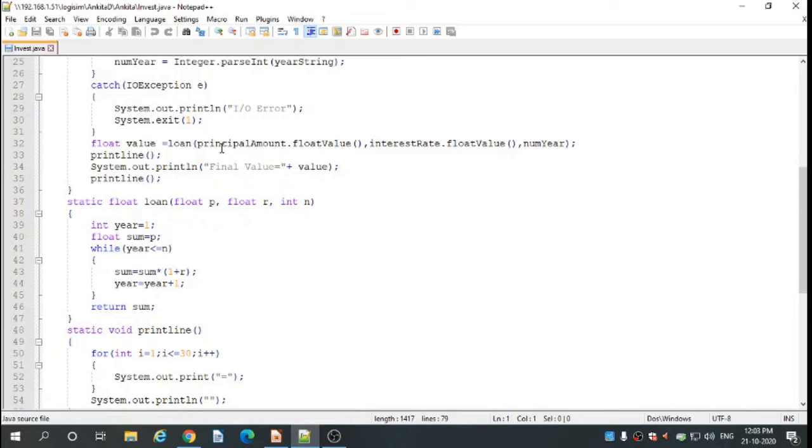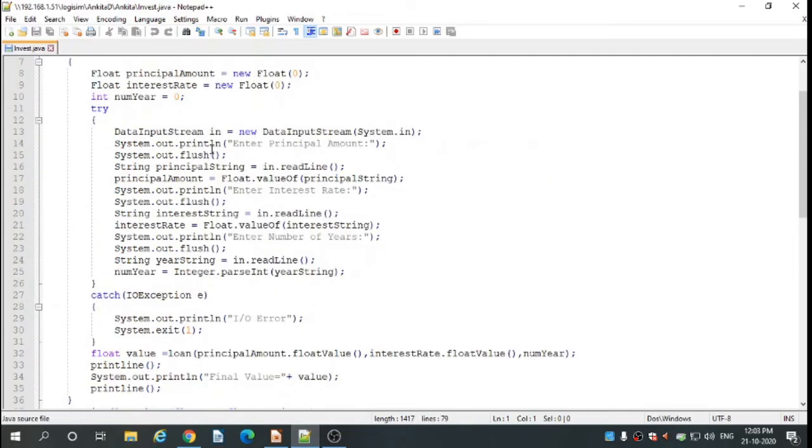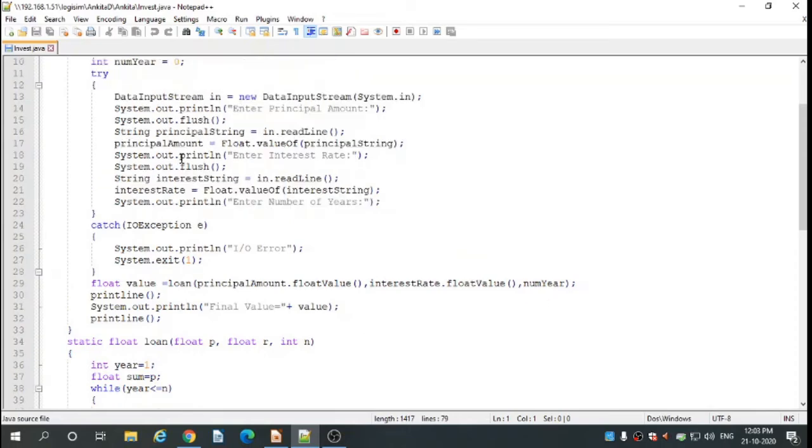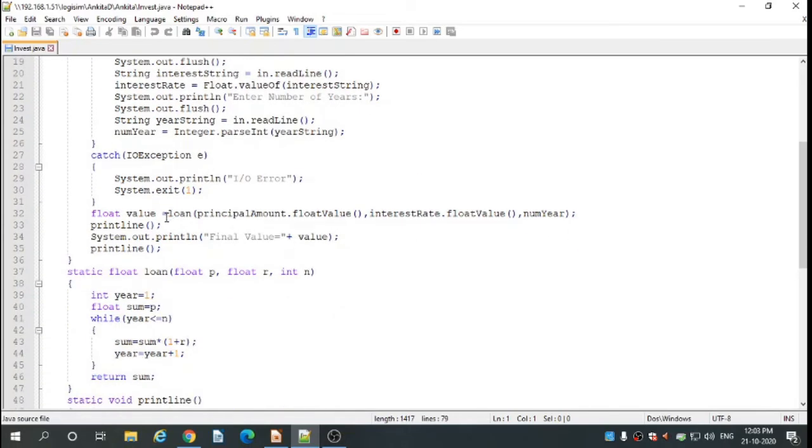So principal amount is in object type and .floatValue will convert the value from object to primitive. Like this, we are also converting interest rate from object to primitive, and numYear we are taking as it is because it is already in primitive type, and we are passing these to the loan method.